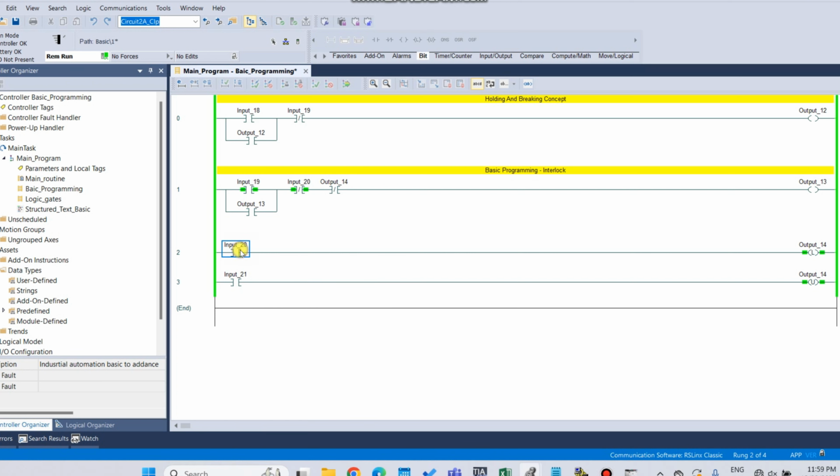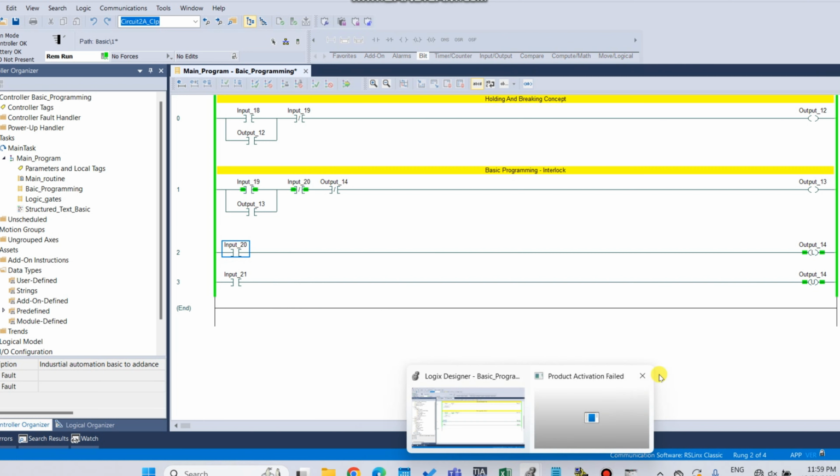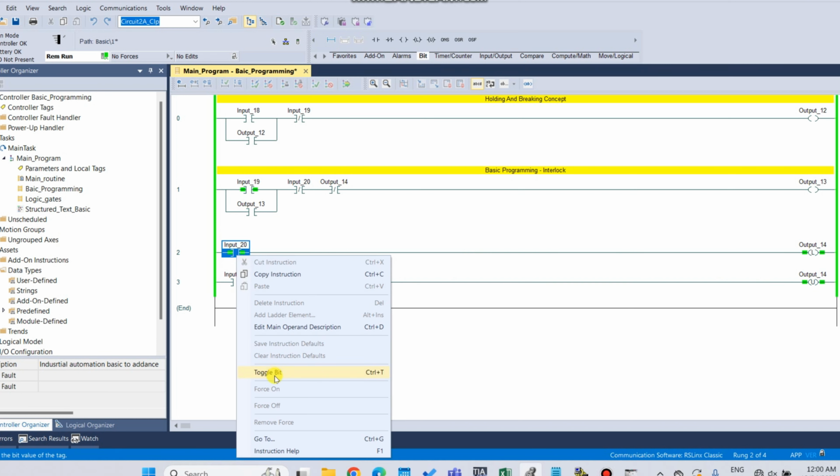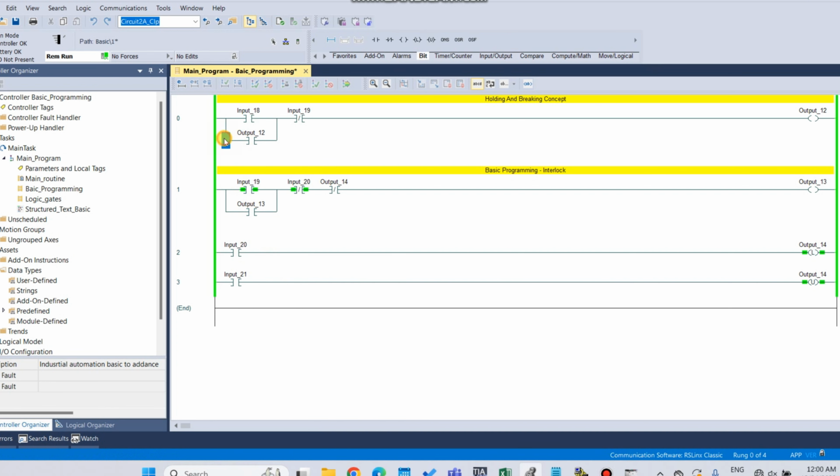So when I select the toggle, output number 14 has been turned on. So here we can see we have not required to hold the output for the holding condition.